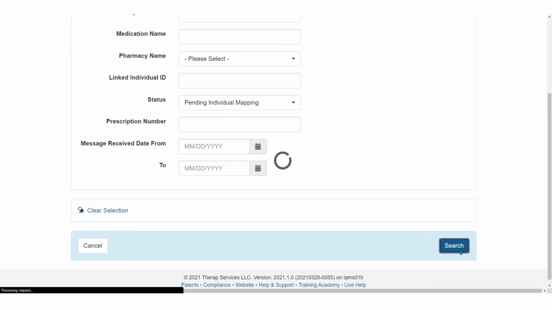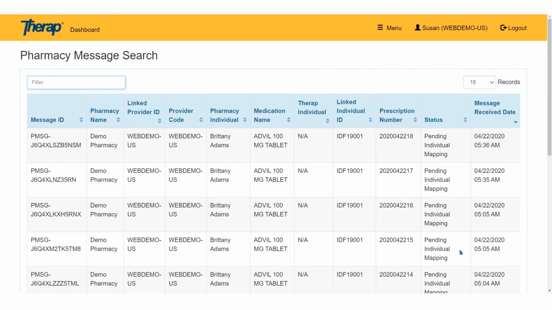Either way, the system will bring up the result, depending on what you may or may not have filtered for, and your screen will look something like this. You'll be able to see the name of the pharmacy that you're receiving messages from. It is important to note that it is possible to be linked to multiple pharmacies. So if you're a larger agency that's spread out across your state, you may be linked to 2, 3, 4, or more pharmacies. And so we do include the pharmacy name here so that you can see which pharmacy it's